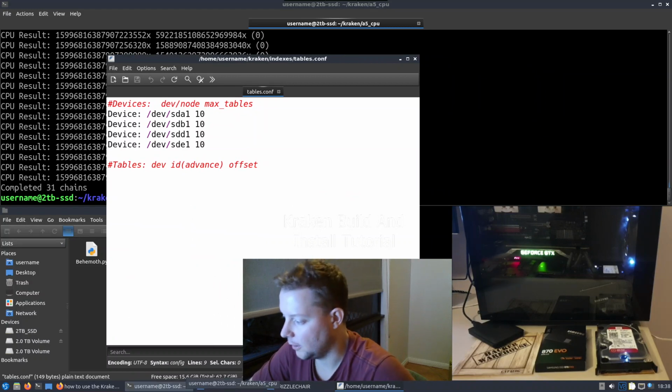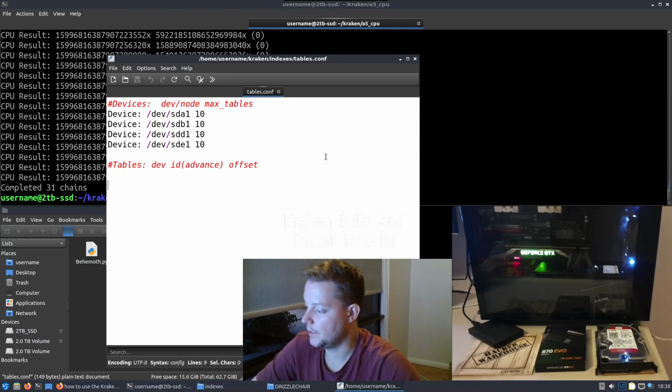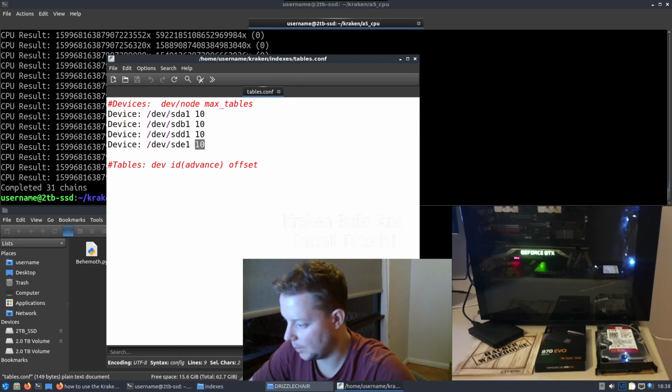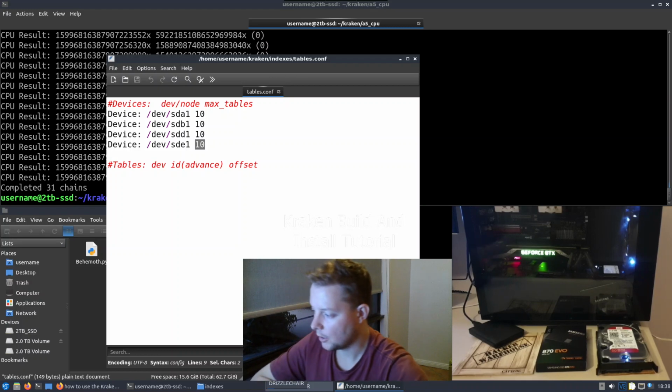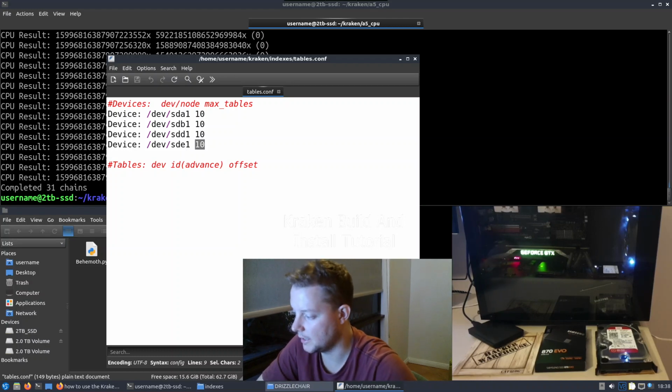In this config file, we will point Kraken to the storage device in which we want the rainbow tables written to in raw format. Here is the default example config file. We can see that it specifies 4 different storage devices containing 10 rainbow tables each. Caution must be taken when configuring your storage devices. If you specify the wrong hard drive by accident, all of your data will be lost in the disk writing